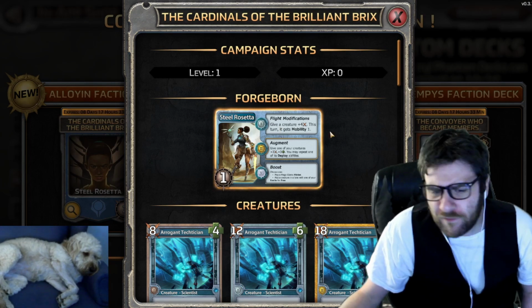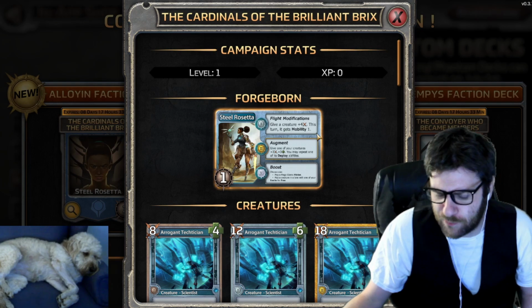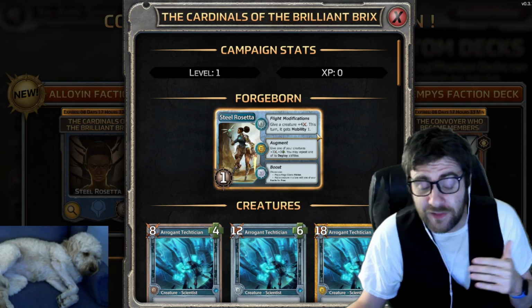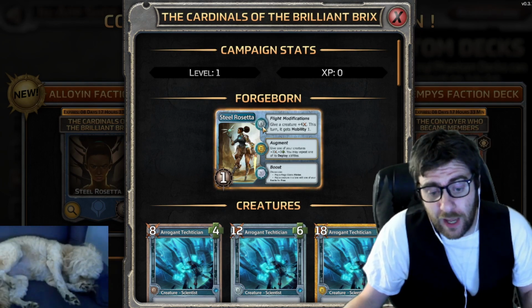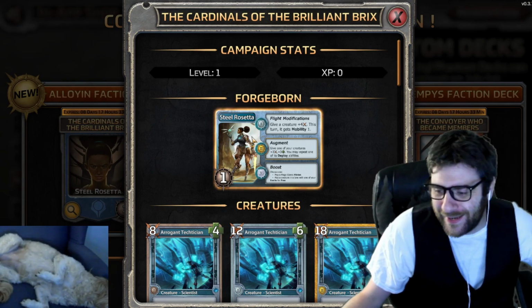So we've got flight modifications, give a creature +4. This turn it gets mobility 1. I kind of like that as damage push. However, I'd almost kind of rather prefer that on the